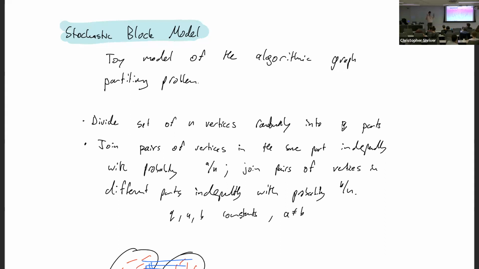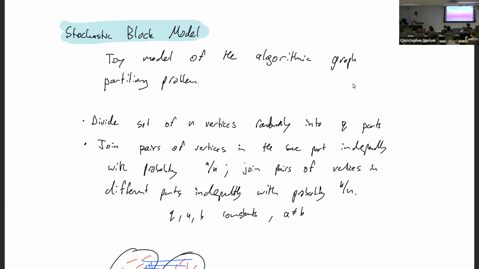So you have some graph and you want to partition your vertex set either into very well-connected blobs or very not well-connected blobs. You could argue that this is some basic data science model or problem, but the toy model is very nice mathematically, and it comes up in a lot of places. And so what's the model? You start by having a set of n vertices, n is large.